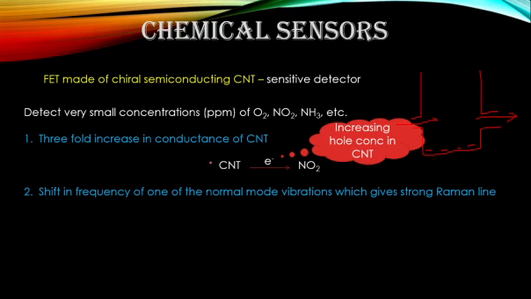And also another thing is that you can also observe a shift in frequency of one of the normal mode vibrations which gives a strong Raman line. So we have already mentioned that carbon nanotubes, in their vibrational property, have two normal modes that are Raman active, and the mode which is giving a strong Raman spectral line will show a shift in frequency, and the